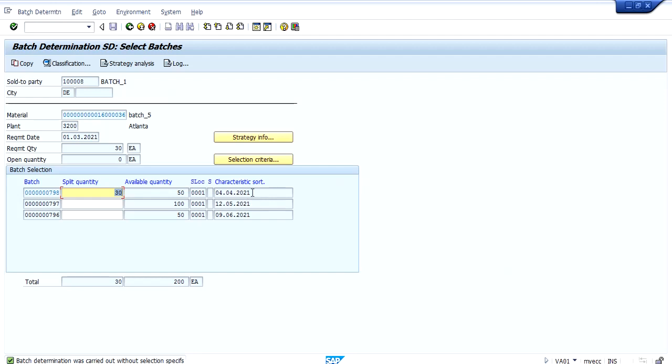Firstly, the system has picked that batch. So this is how batch determination works, depending upon shelf life expiration date and the first in first out scenario.